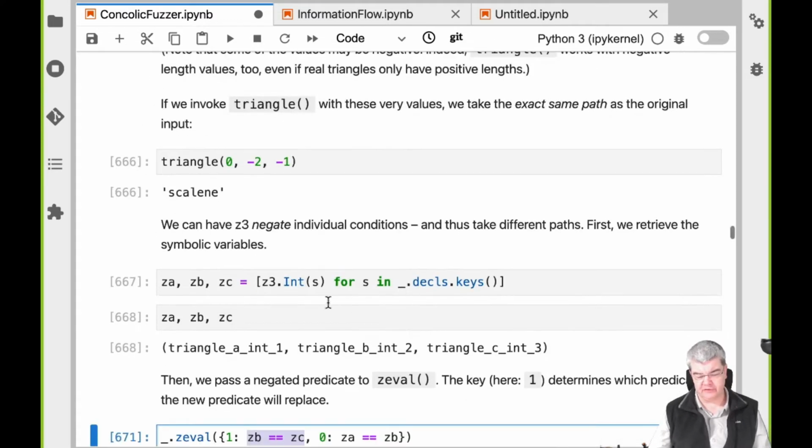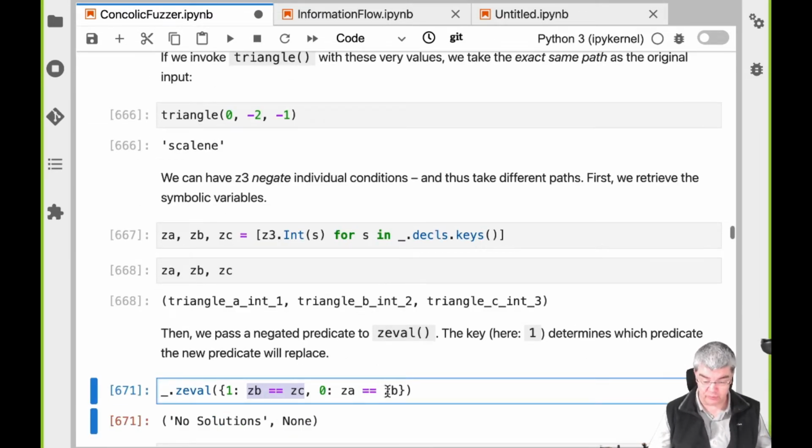And if you tell it that A is equal to B and B is equal to C, but A and C should be different, then this is not solvable. This is mathematically impossible. But of course, we can negate all the conditions. So we can say, okay, let's give it a third condition, namely A and C should also be equal, and then we're going to get